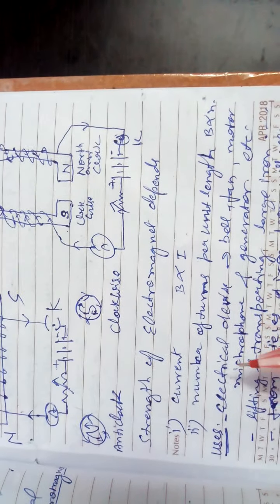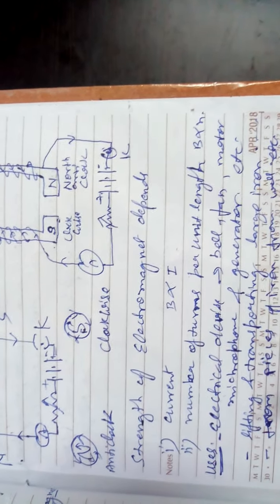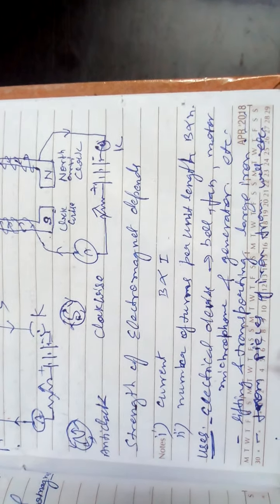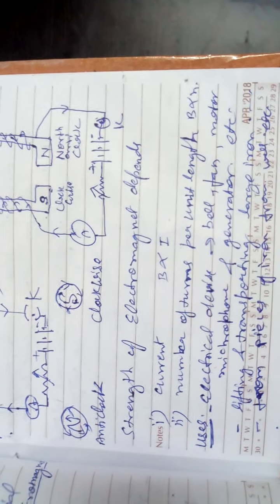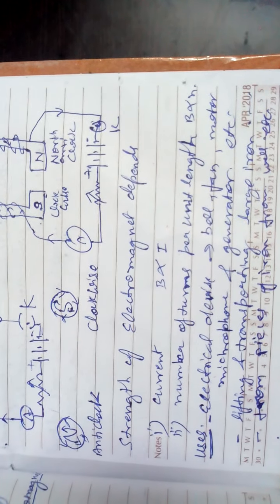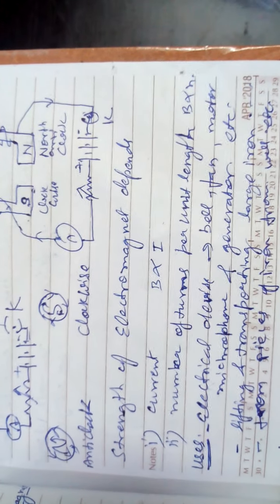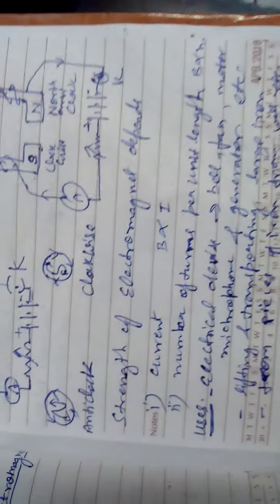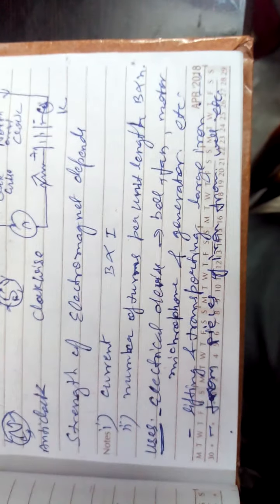Electromagnets are used in electrical devices like electric bells, call bells, fans, motors, microphones, generators, etc. They are also used for lifting and transporting large grids and girders by a crane. And from garbage, there are magnetic iron pieces. So the crane uses one big rectangular-shaped electromagnet, and all the magnetic things are attracted by it.